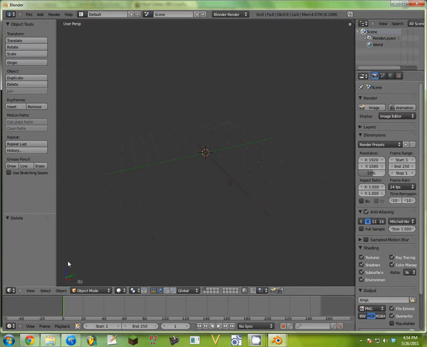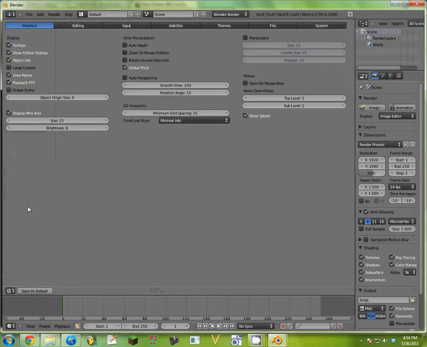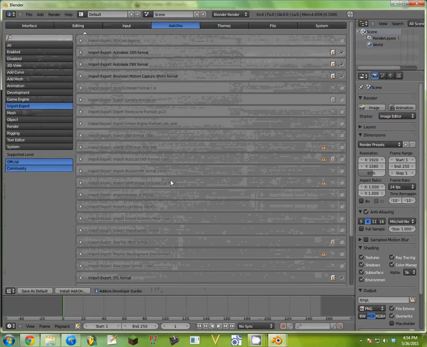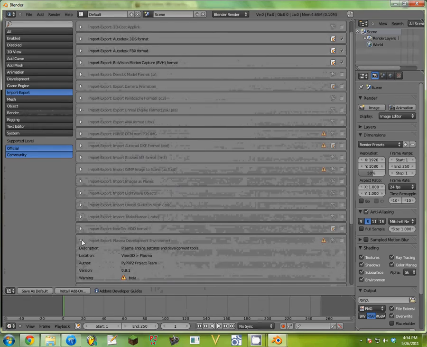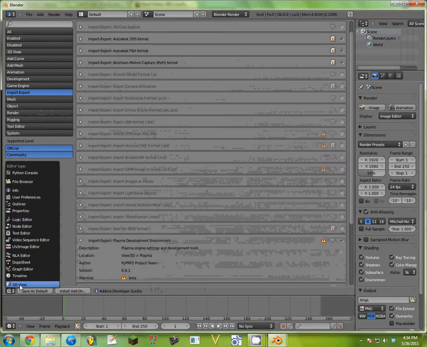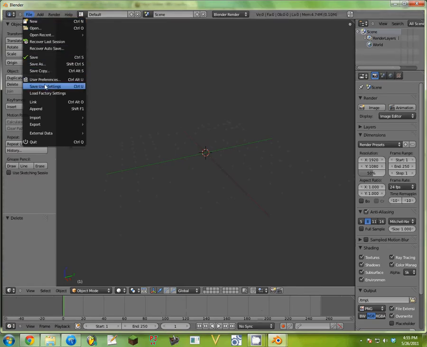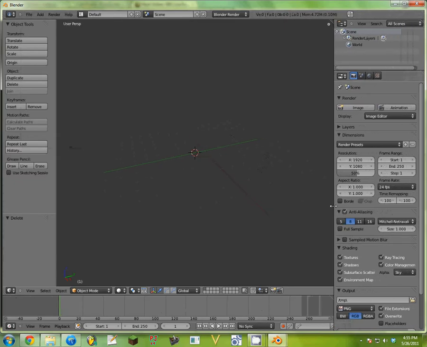So the first thing you'll want to do is go down here and look at the User Preferences panel. Up in Add-ons, under Import Export, there is the Plasma Development Environment. So you can just click the checkbox there and go back to the 3D view. If you only use Blender for Plasma stuff, you might want to click Save User Settings here. If you use Blender for other things, you probably don't want to because Plasma adds a whole bunch of extra